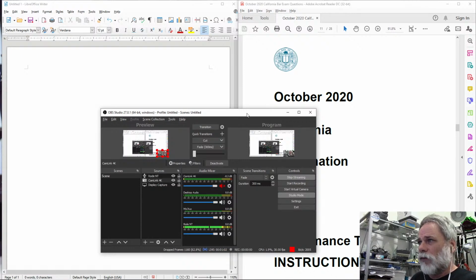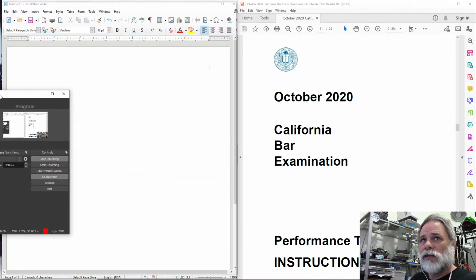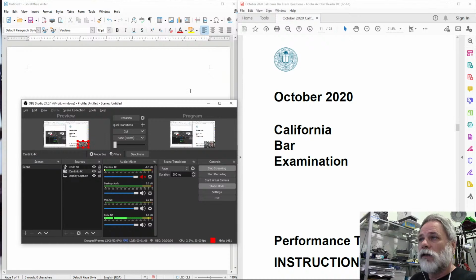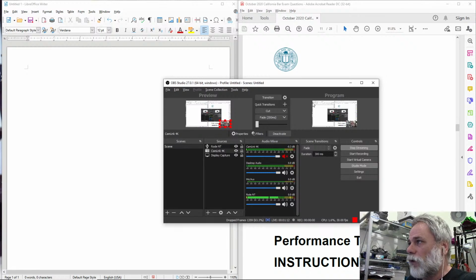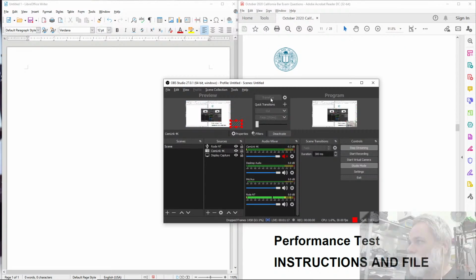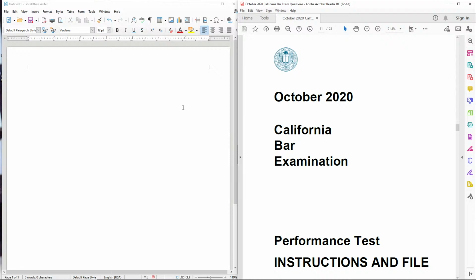And the maximum part of the screen that I'm going to want everybody to see is going to be this material here on the right and the blank piece of paper on the left. So let's go ahead and get me out of the picture. And I'll do a transition, and my picture should have disappeared. But let's look over here on the left-hand side. I got a blank thing. This is